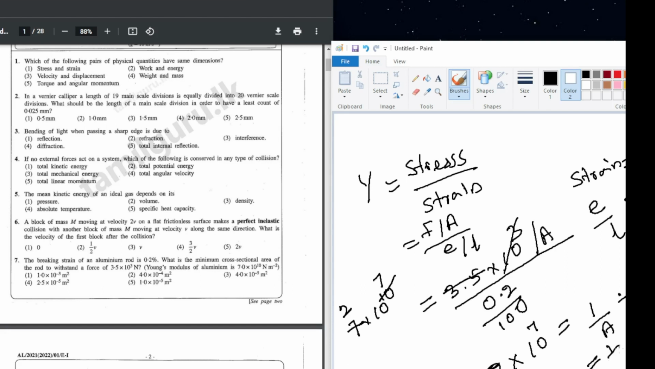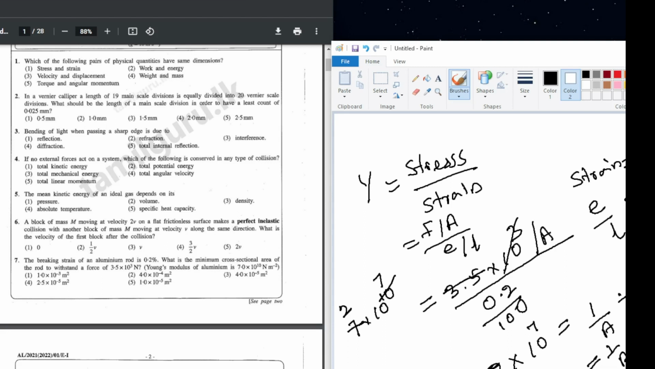That is 1 over A into 100 over 0.2. A is 100 into 0.2 into 1 over 2 into 10 to the power 7. Then answer